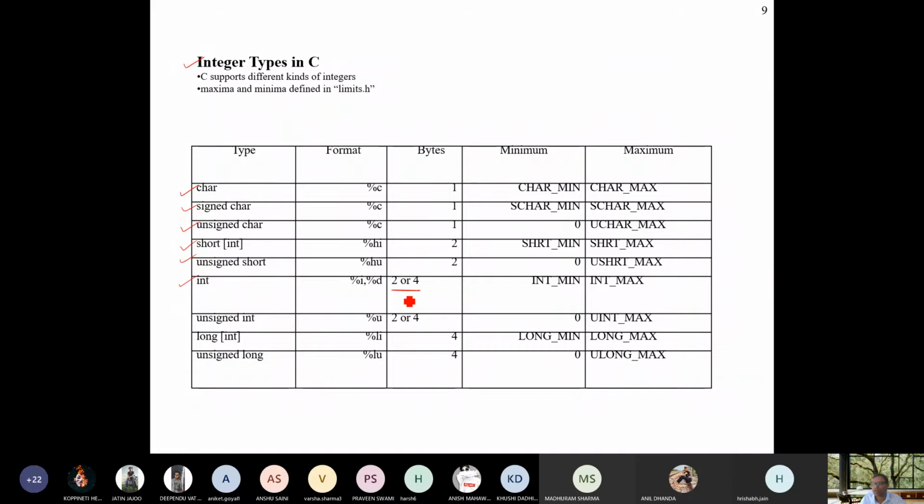It means some compilers give you a size of integer as 2, or some compilers give you the size of integer as 4 byte. If you want to calculate the sizes from the range of a particular data type, then you can calculate using this table.